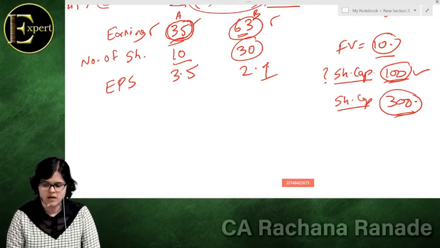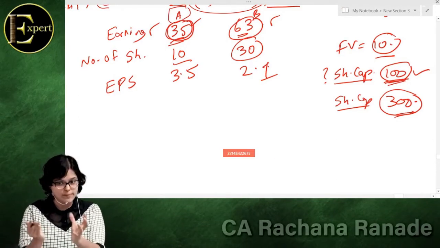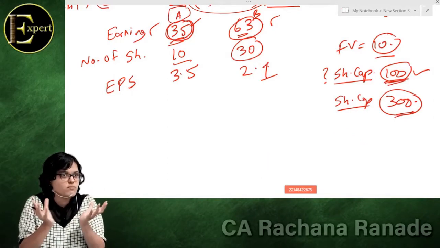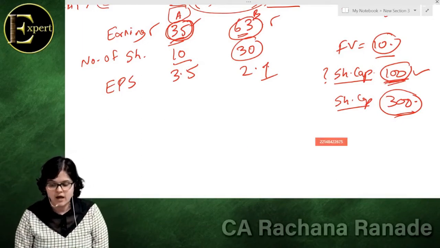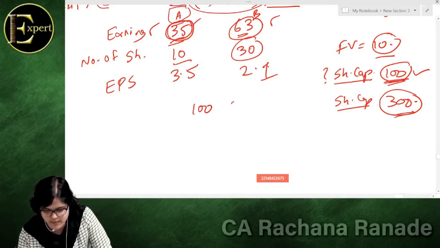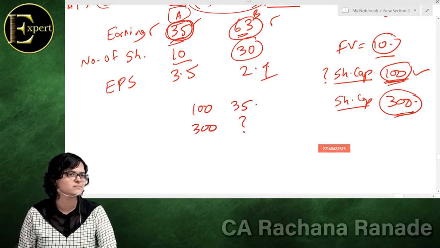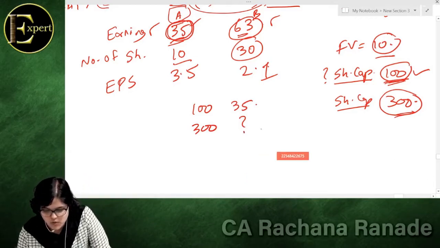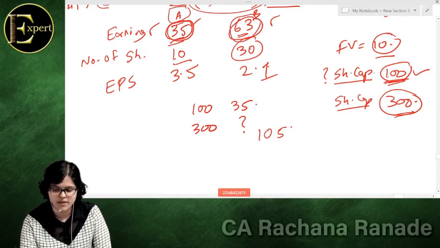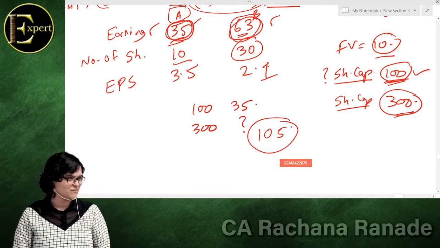Why? Let us understand. If we give A 300 capital instead of 100, they have more money. Can they invest more into plant and machinery? More plant and machinery, more resources, more turnover. So ideally, simple 8th standard ratio analysis. With 100 rupees of capital, if A earns 35, with 300 of capital how much can they earn? Simple, na? It will be 105. Correct. And now compare B and A. Who is better? A is better. Are you getting my point? Yes.